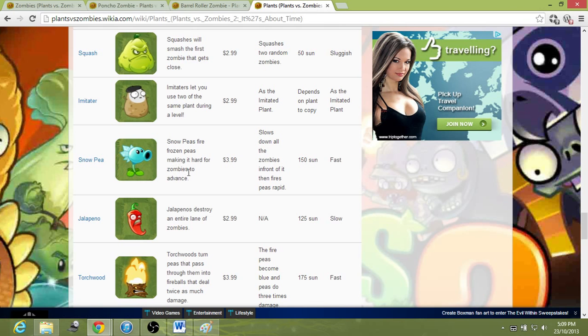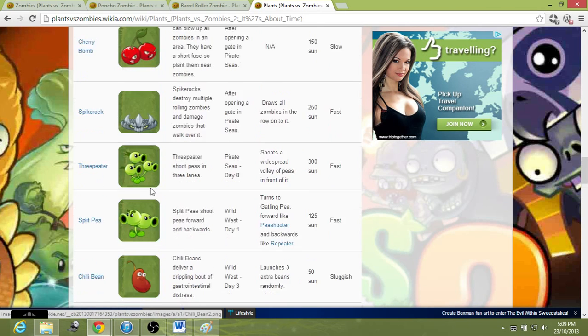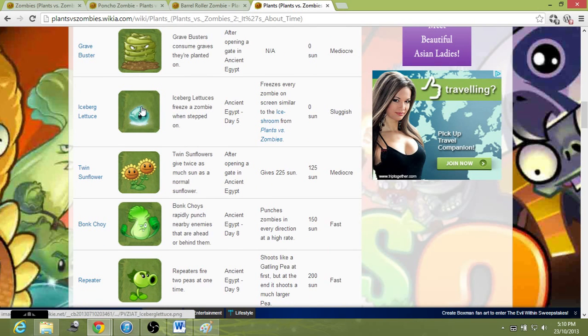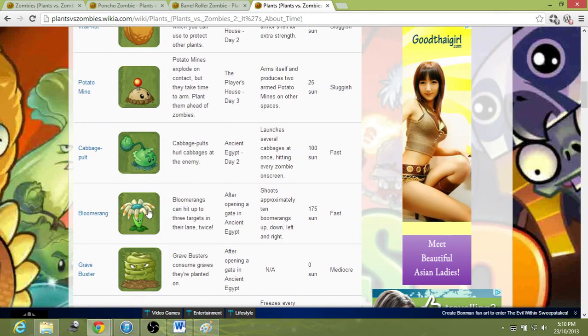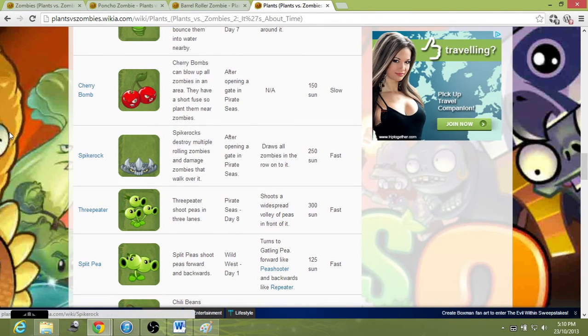Snow Pea can. It meets up anything which is above normal height, like the spike rocks. It just ignores it. Iceberg lettuce won't ignore. It will ignore it as well, but it will probably get frozen. So anything other than these two, if it meets up, it's gonna stop and then backtrack, and then it's gonna fling